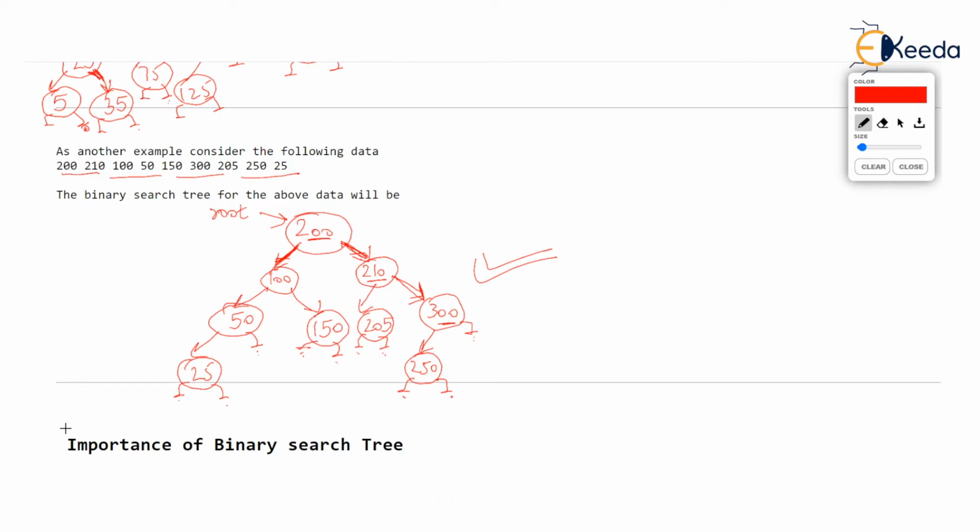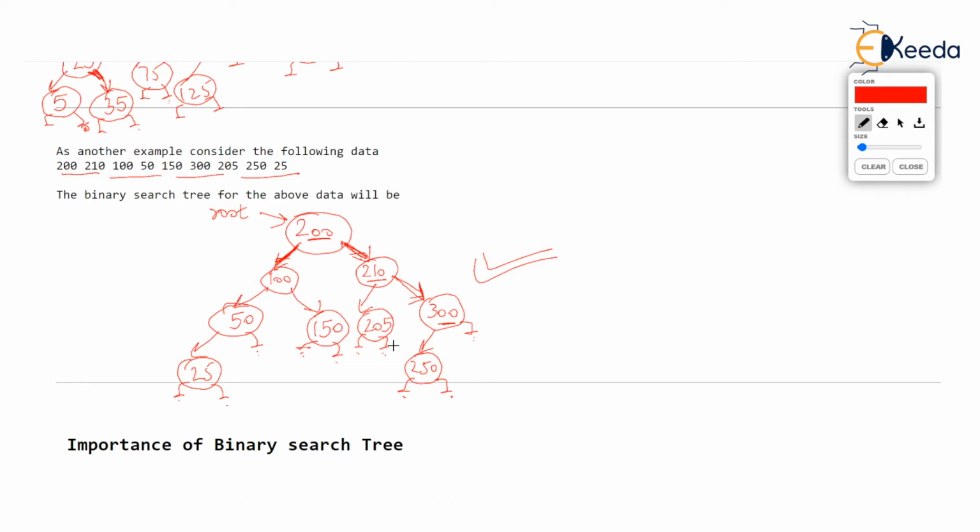So this is the binary search tree we get. Just check out again. If there was one more value, let's say 207, where will it be added? If you start 207 comparison from 200, 207 is larger, so you will go to the right. You compare 207 with 210, it is lesser than 210, so you will come to the left. Now you compare 207 with 205, it is greater, so it should go to the right, and the right pointer is null, so you can utilize this right pointer to point to a new node which is 207. So 207 will go to the right of 205.